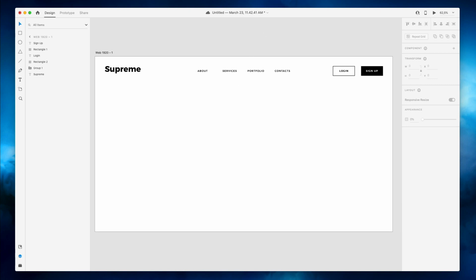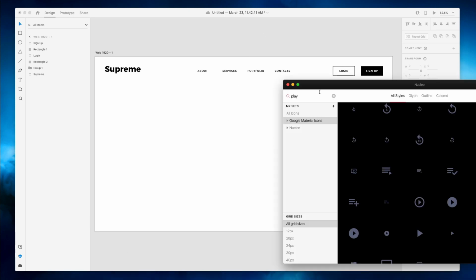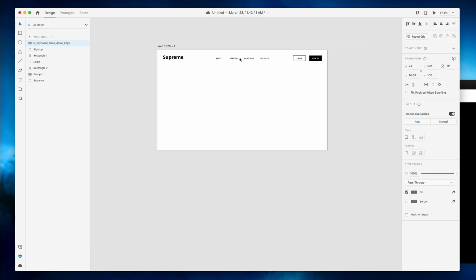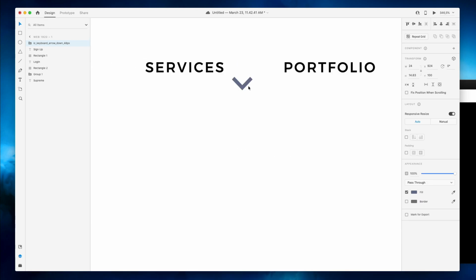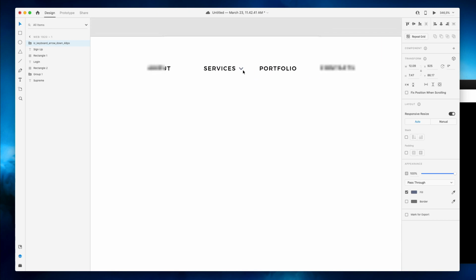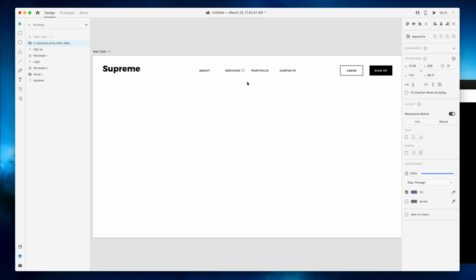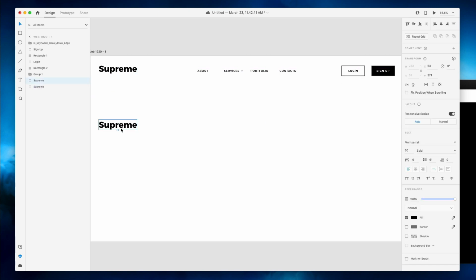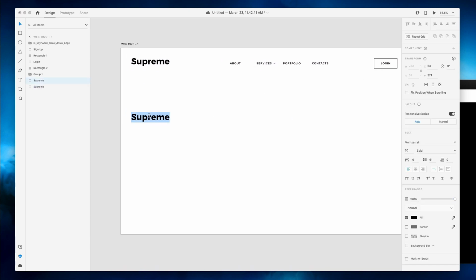And we're also going to add an arrow on the top menu. So let's go ahead here. Let's write arrow. Let's bring it in, and we're going to add it over the services section. All right, it's starting to look pretty interesting. And now it's going to be time to add the headline. Now the headline is going to be